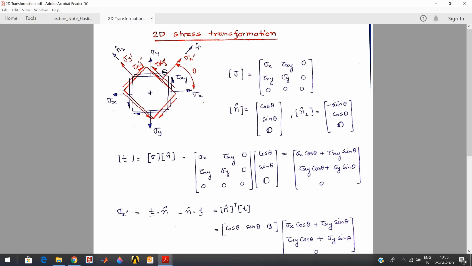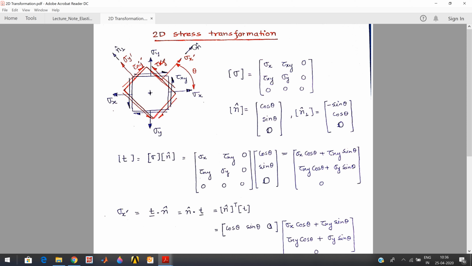Then I have a prime system, which is x prime and y prime, where the angle between x prime and x is theta. Then if I want to find out the transformed stress state in this new coordinate system x prime y prime, then in this plane